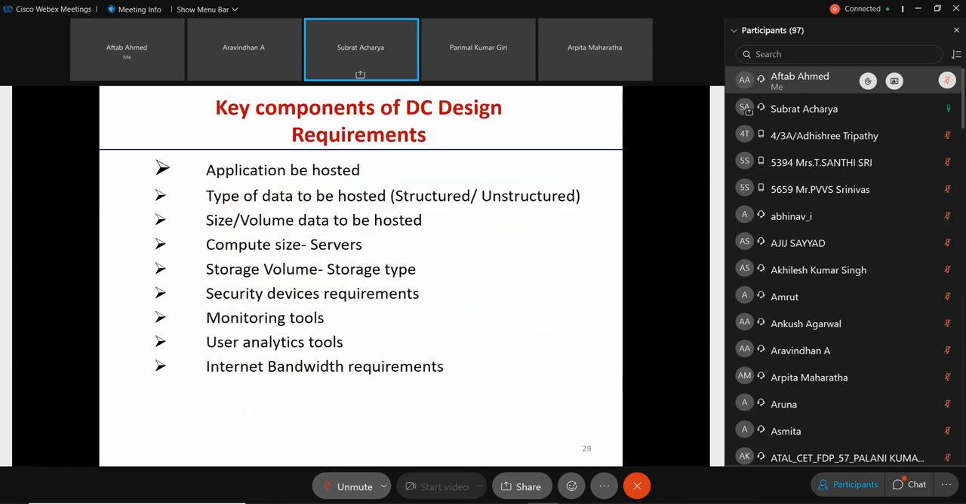So here I'm highlighting the key areas when we design any type of data center with proper load balancing. The considerations are: what application we have to host, what type of data is to be hosted, that is structured or unstructured data, and the size and volume of the data. Then compute size, like the number of servers or storages, we have to take proper note of. And then security device requirements and monitoring tools, which, as I told, play a major role, as they give the input